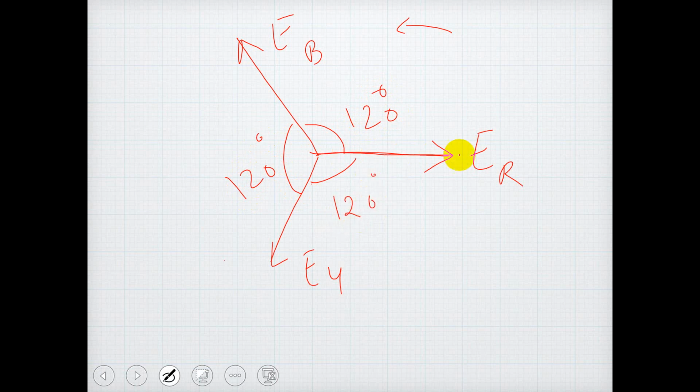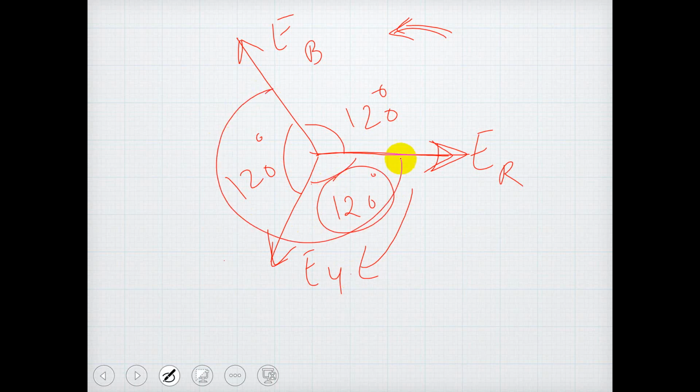So if you take ER as a reference, EY, if you take in anti-clockwise, EY is lagging ER by 120 degree, and EB is lagging ER by 240 degree. So when you want to write a reference, suppose ER is written as magnitude EM at an angle 0. Okay, so this is how we write, or this can be written as